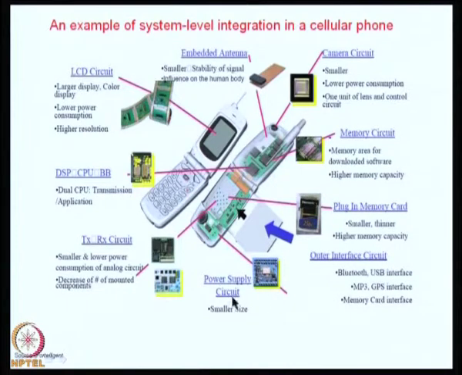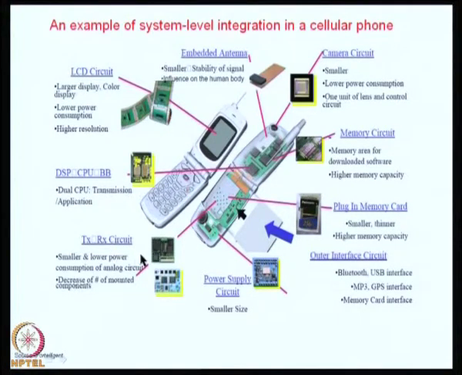Power supply circuit, again, is going to be very important because it should be small in size. Then the transceiver or receiver circuit, okay, because this is also going to consume power. So, your analog circuitry should take care of low power consumption